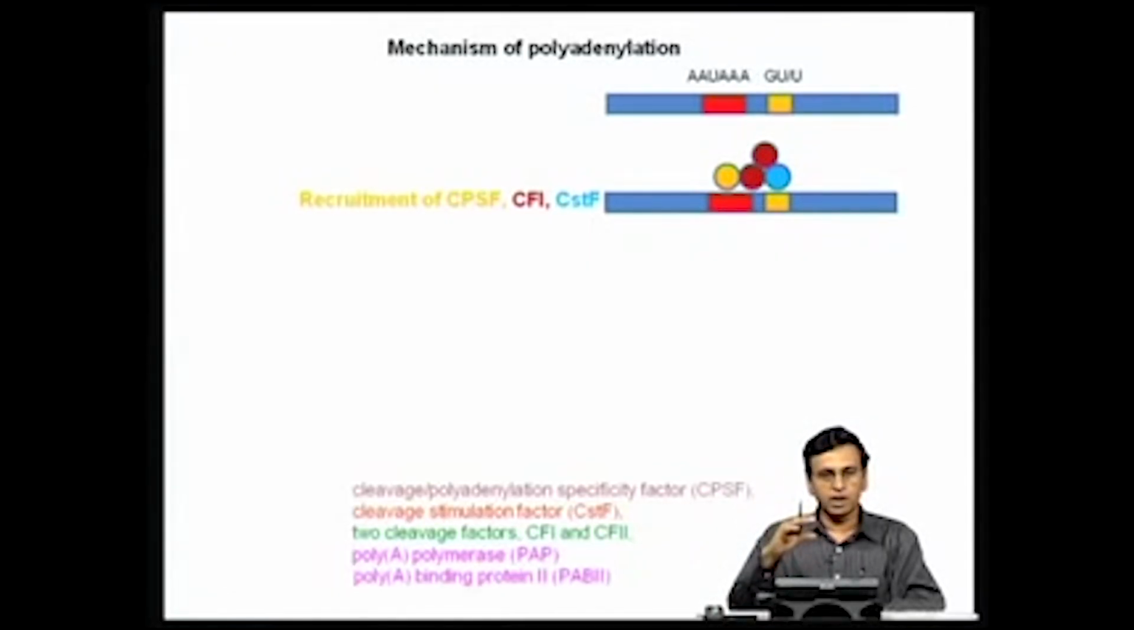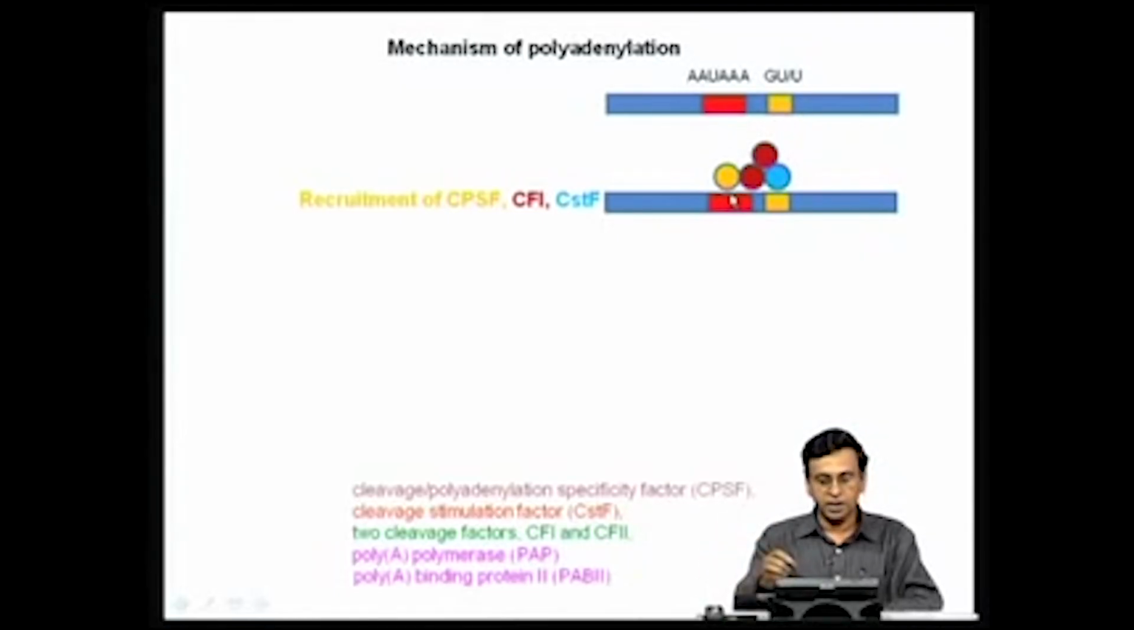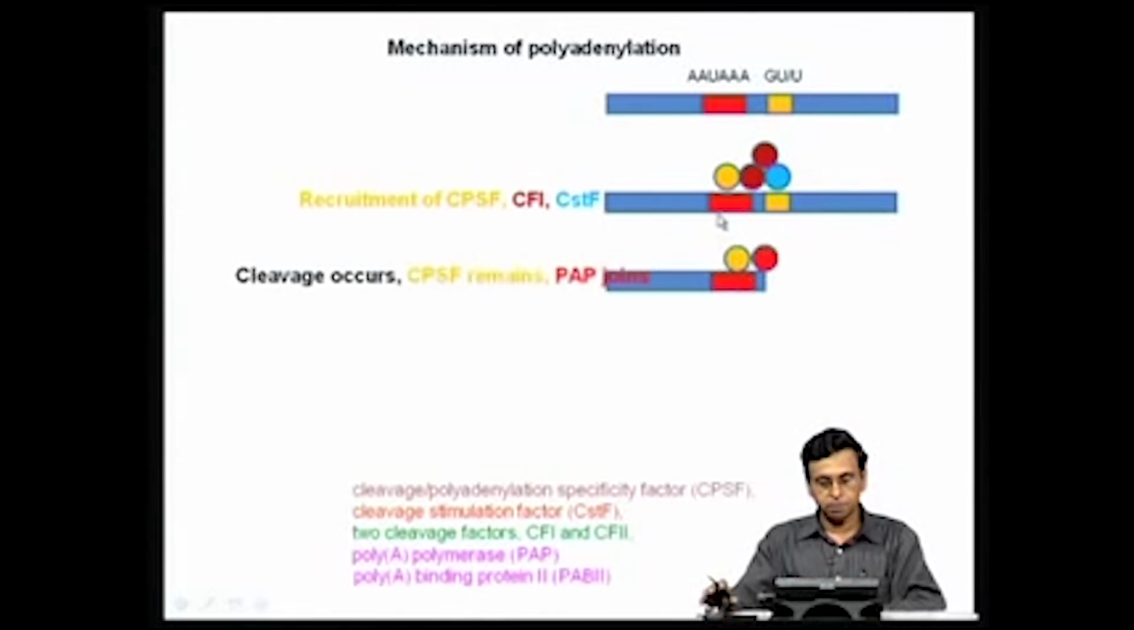The first step in polyadenylation is recruitment of 3 proteins: the cleavage and polyadenylation specificity factor, CPSF, the cleavage stimulation factor, CSTF, and the cleavage factor 1. These proteins come and recognize the AAUAAA sequence and the GU sequence, and they bind and are recruited to the cis-acting elements of the messenger RNA, which are present at the 3' end. And once these assemble and recognize the poly A signal, cleavage takes place immediately, about 20 to 30 base pairs downstream of the polyadenylation signal, and after the cleavage, of these 3 proteins the CPSF remains